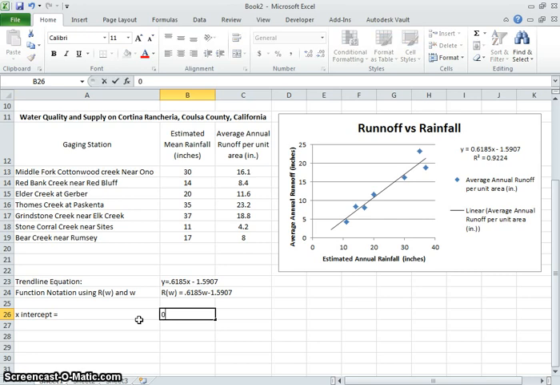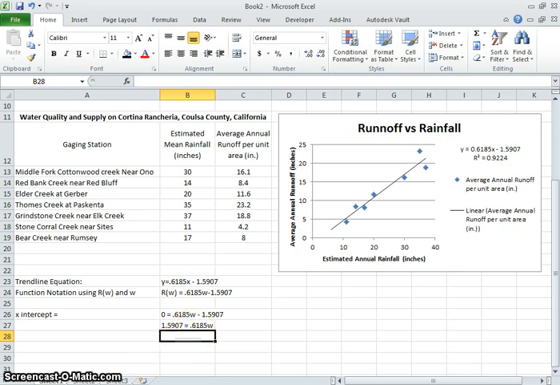So I say 0 is equal to 0.6185 W minus 1.5907. I would add 1.5907 to either side, and then I would divide